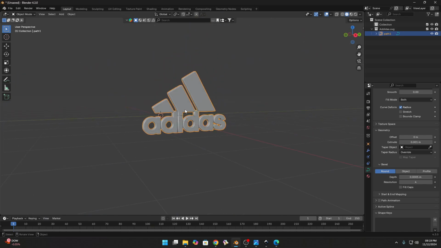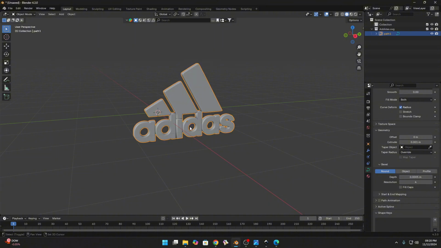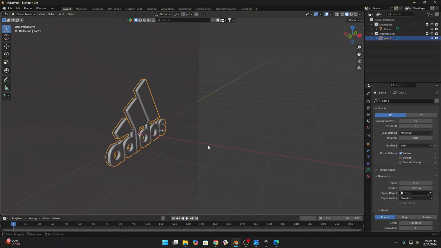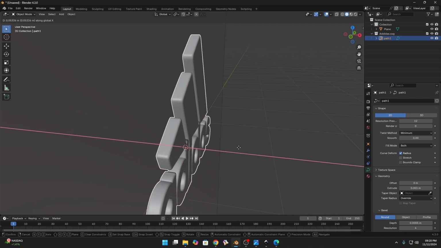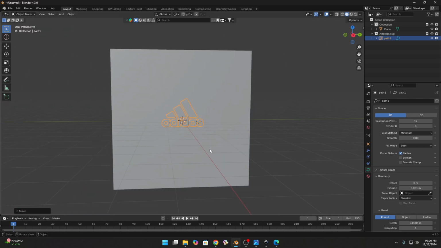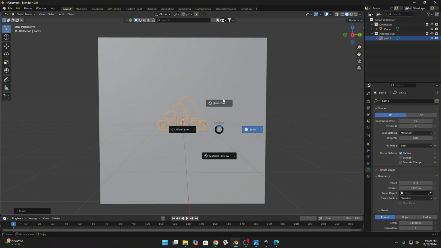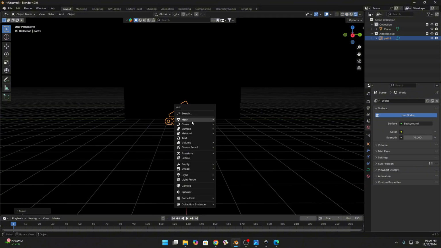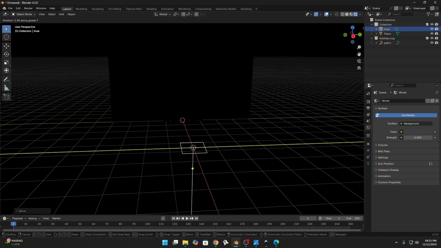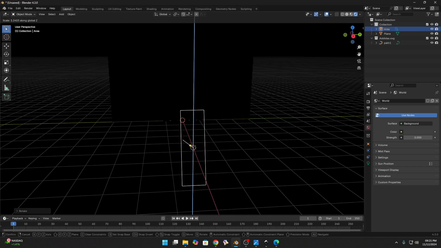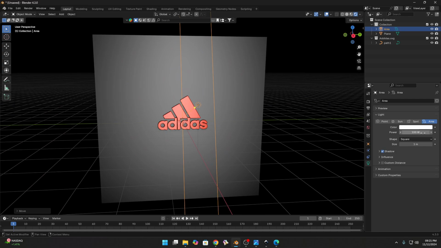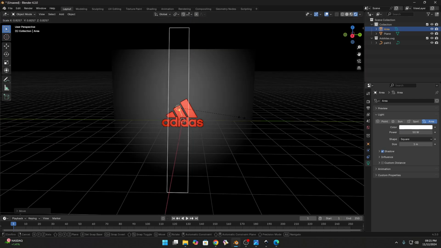Now I add some lighting to make it more beautiful. What I do, just add a plane, rotate it 90 degrees, and I think it's good to go. Just press G X to move it a little bit. I think here it is good. Now I go to the render tab and world properties, set it to 0, and I will add a light here, an area light. Just rotate like this, scale it up and increase the brightness to 100. I think it's too much. Let's make it 50 and also scale it down.